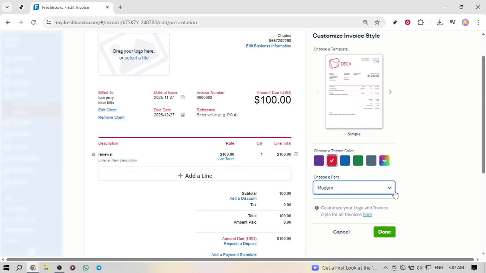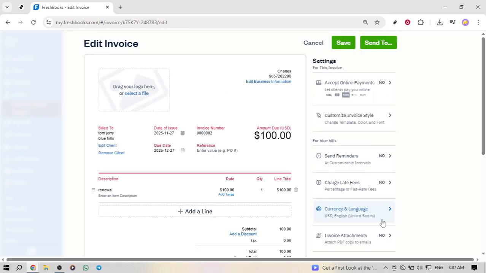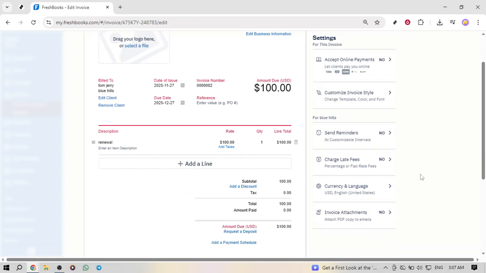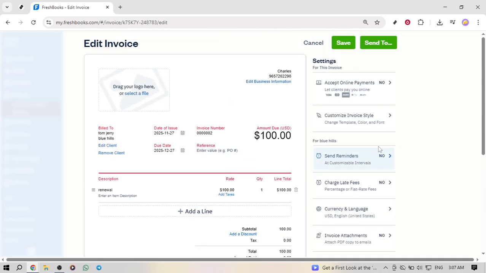Once you're happy with the color and font selections, click Done. This applies your style choices to the invoice you're editing. Take a quick look over the layout to ensure headings, totals, and notes are clear and legible. If something doesn't look quite right, you can return to the Customize Invoice Style panel and make adjustments until you're